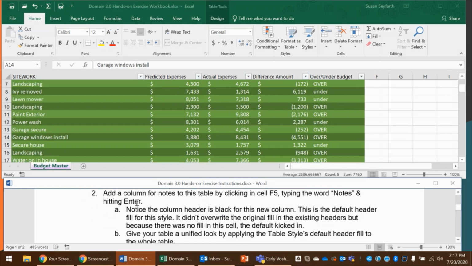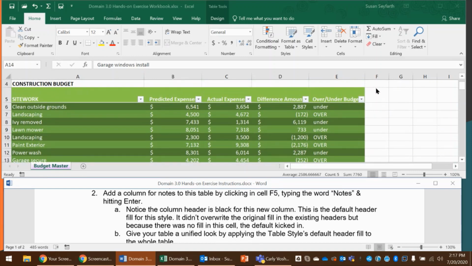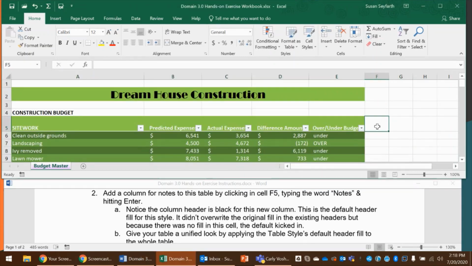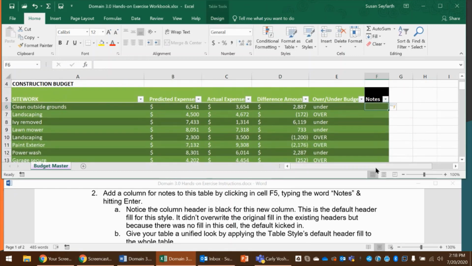Okay, we're going to add a column for notes to this table by clicking in cell F5 right here, F5, and we're going to type the word notes and hit enter. Notice this creates a whole other column for us. You'll also notice that this column header is black. That is the default for this style that we chose. It did not overwrite the original fill, but it did take this empty cell that had no fill and let